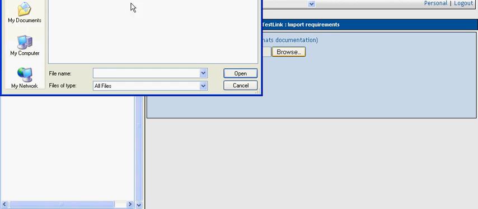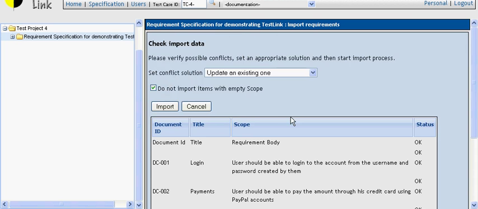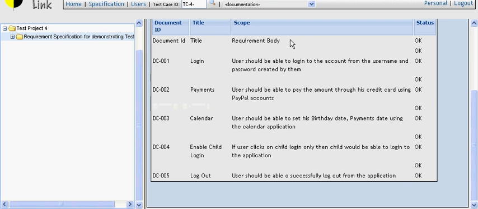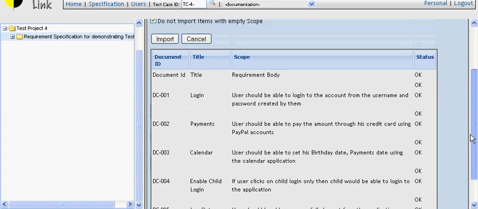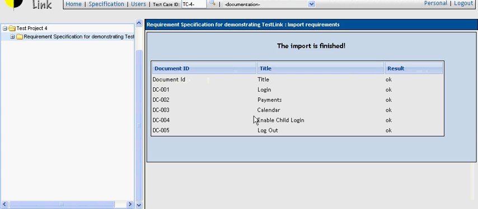We click on browse, and I have already prepared a sample requirement file on my hard drive, and I'm uploading it. This is how the requirement would look, and TestLink gives you a chance to review the requirements. If everything looks okay, as in this case, you just press import and the requirements would be imported.